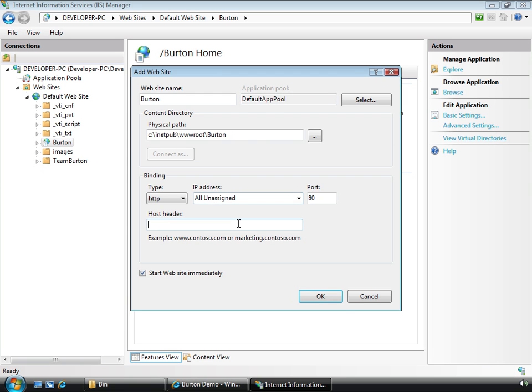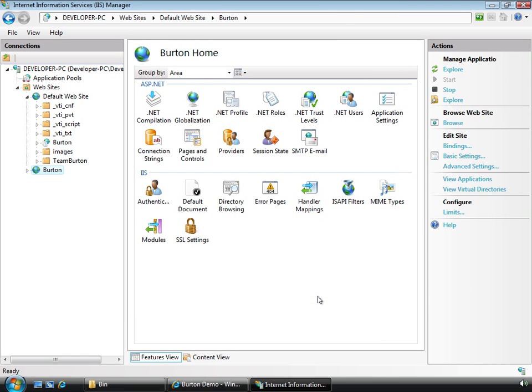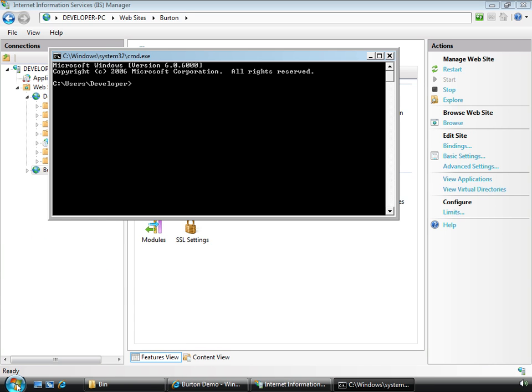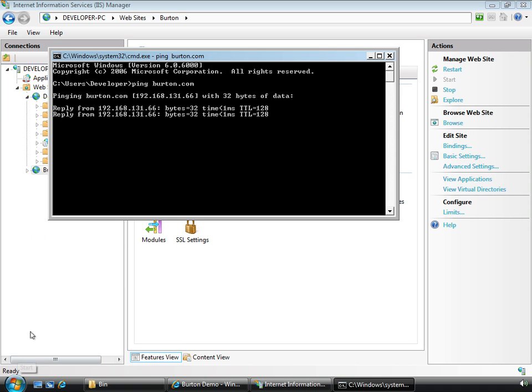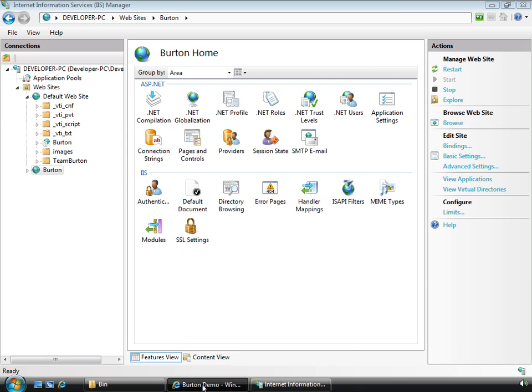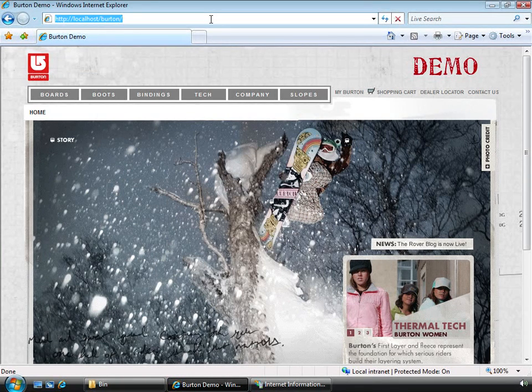In this case, the host header could be a unique thing to change. Only references to Burton.com should be served by this website. We've set up a DNS entry on this network so that requests to Burton.com are actually rerouted to this individual system. To get the same effect in a test environment, you can modify the hosts file on a machine. So now when we reference Burton.com,